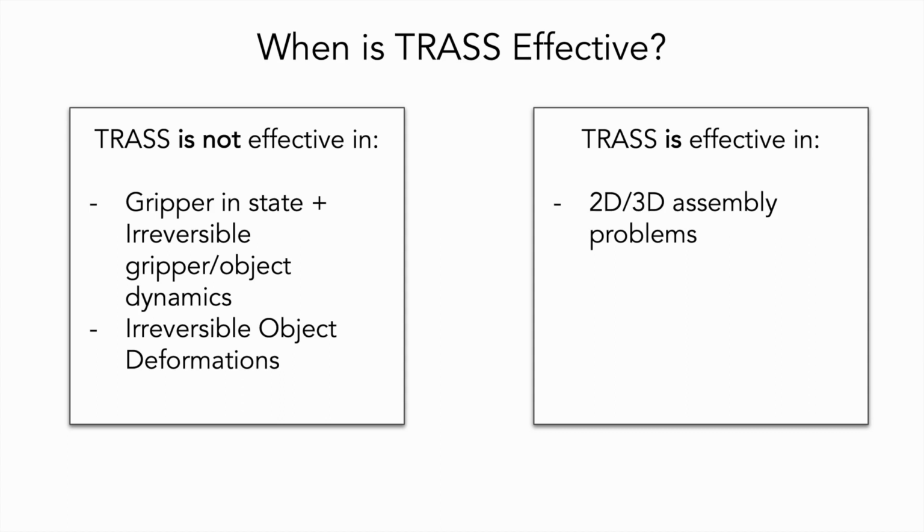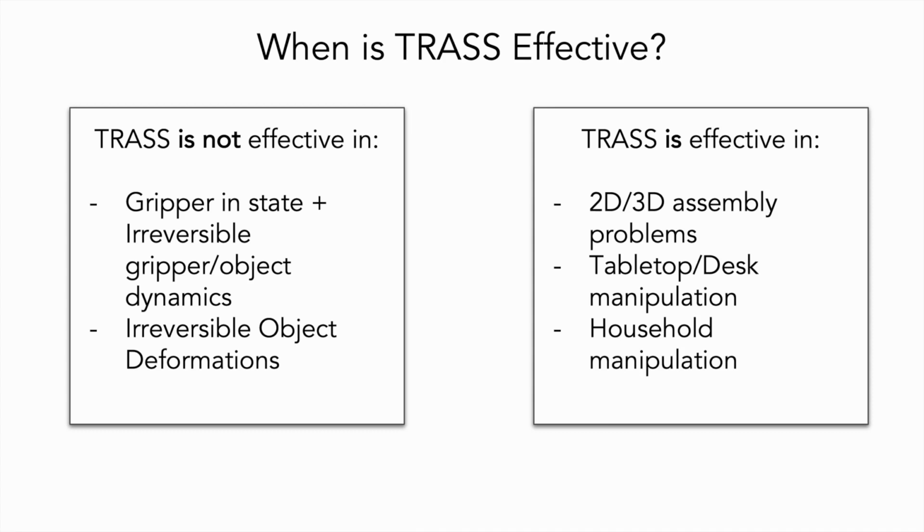For example, in the block stacking or object mating tasks, trajectories of disassembly can inform how objects should be assembled. In the majority of tabletop or desk manipulation tasks, time reverse trajectories of unsolving the task can inform how to solve the task. For example, closing a drawer informs how to open it. Similarly, in household manipulation tasks, like setting up a dining table, unsetting the table can inform how to set the table. Additionally, in all of the above settings, the process of unsolving the task can be substantially easier than solving